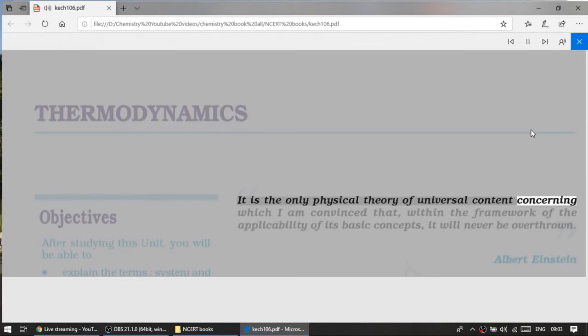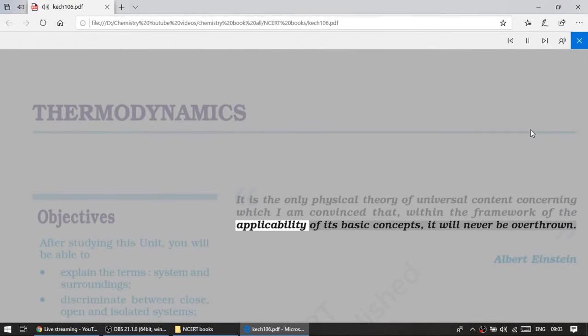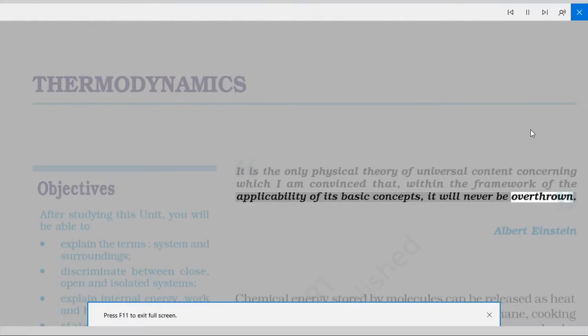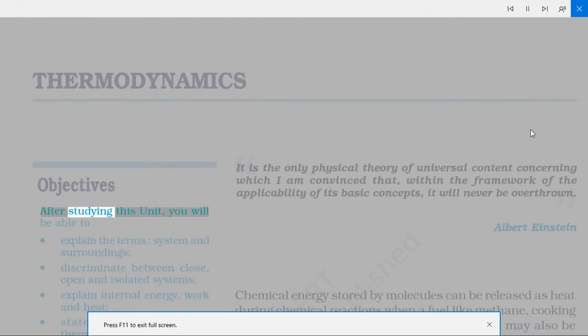...that, within the framework of the applicability of its basic concepts, it will never be overthrown. Albert Einstein. After studying this unit, you will be able to: